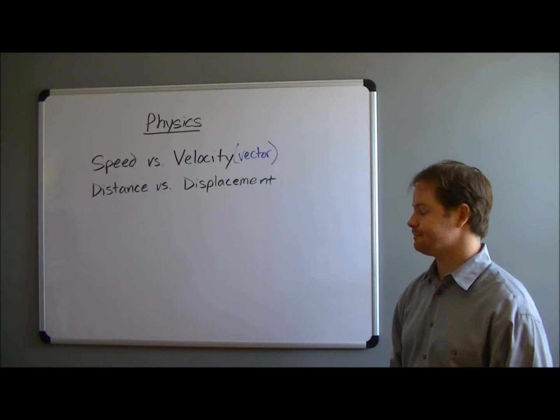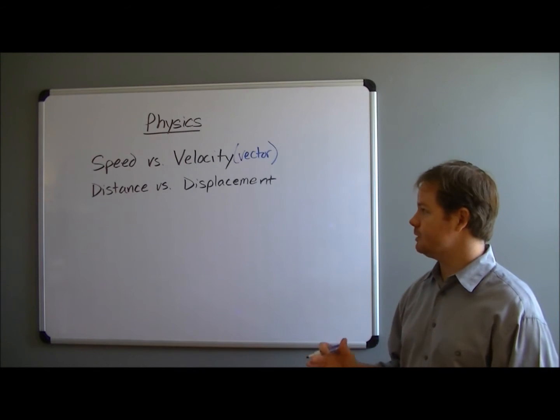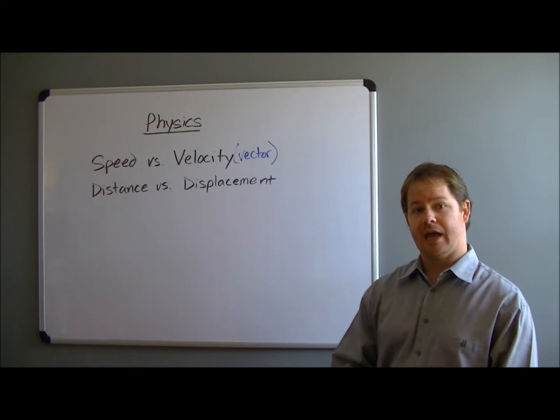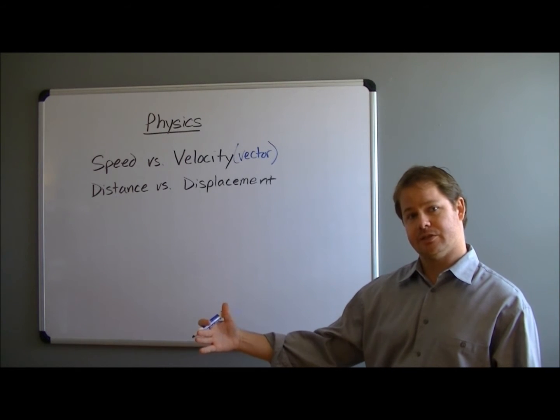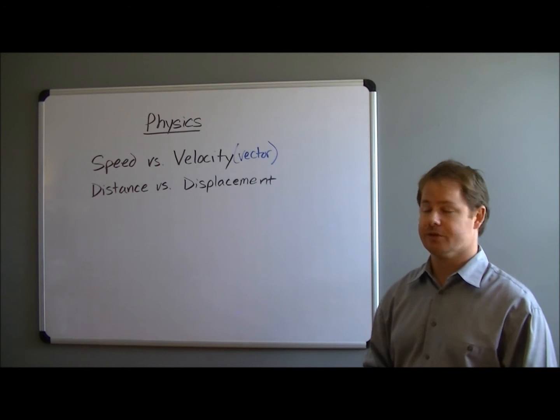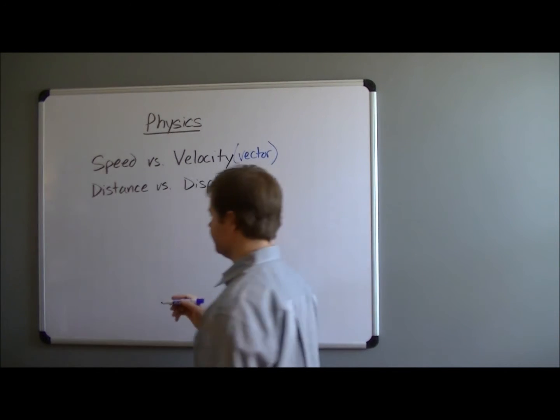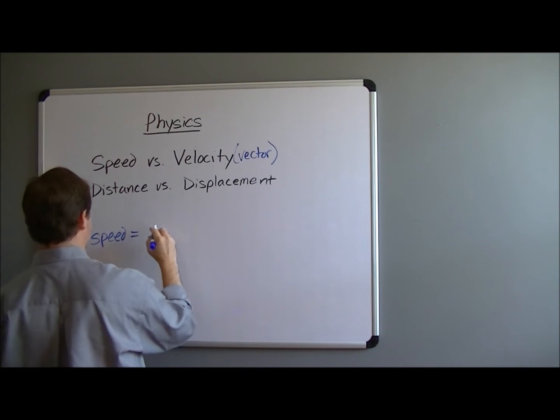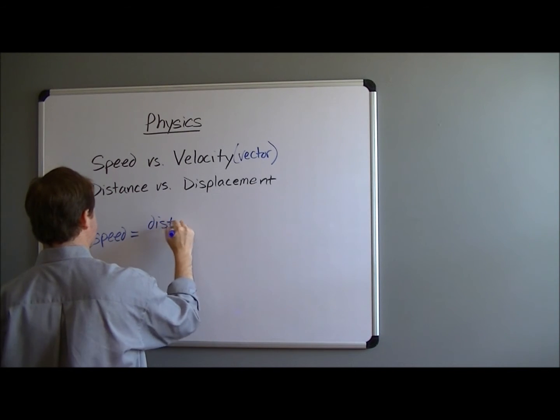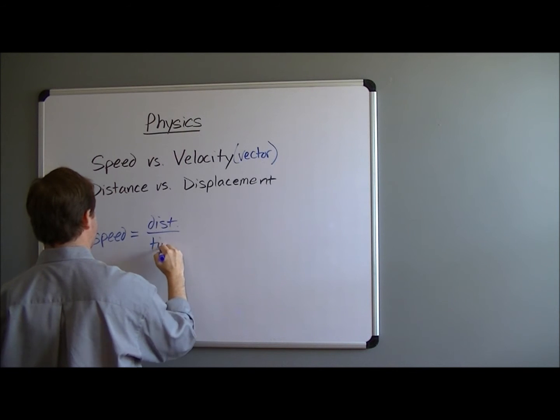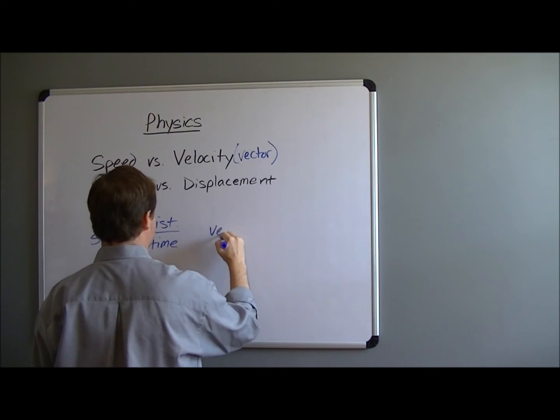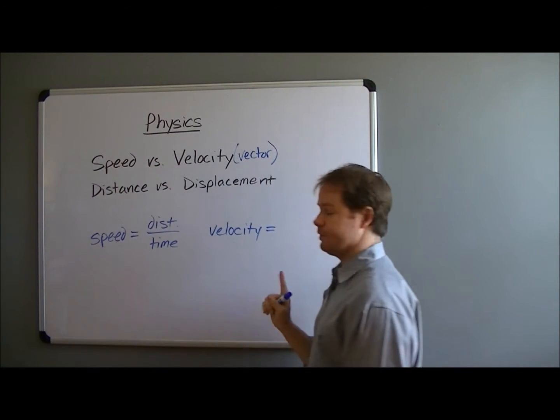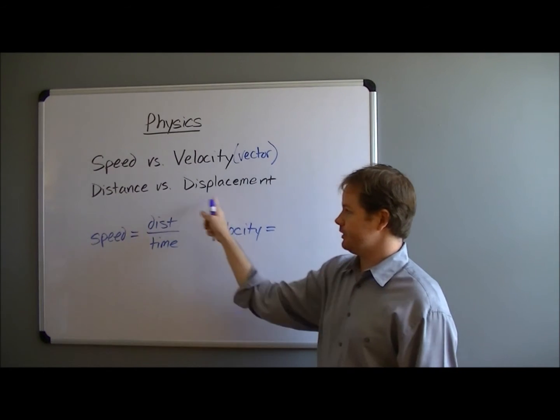Now when we're calculating speed and when we're calculating velocity, the calculation is going to be relative to how much distance is covered over a particular unit of time. So in the case of speed, your speed is equal to your distance over your time. Velocity is going to have a very similar equation. But there's going to be one key change here, and that's that second point that we have on the board,